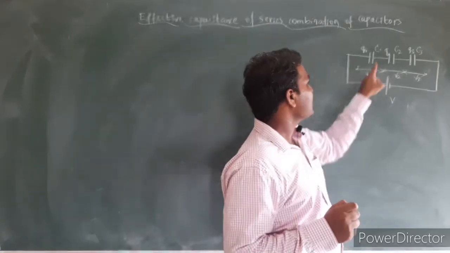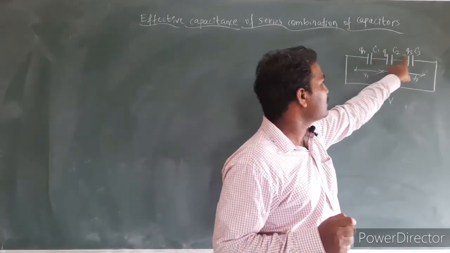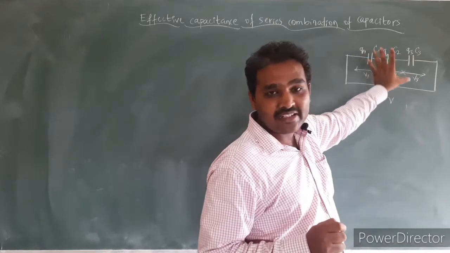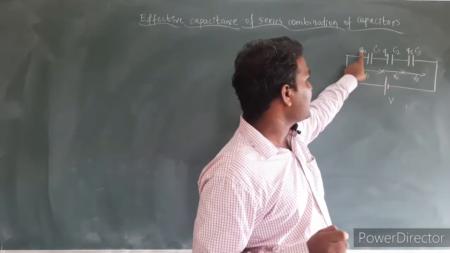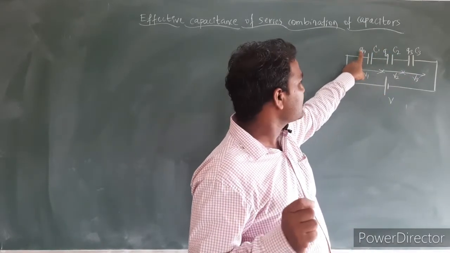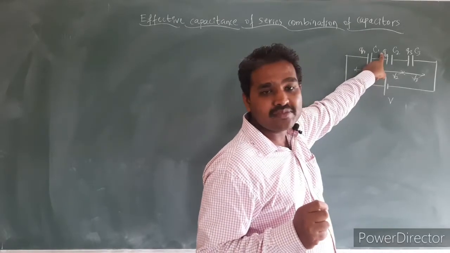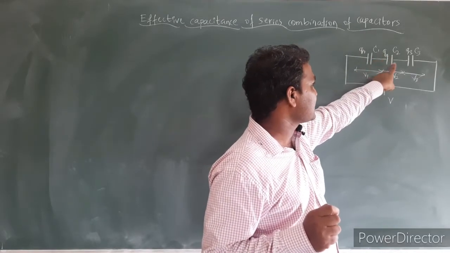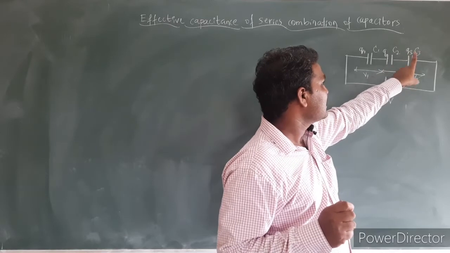Because of capacitances C1, C2 and C3, when they are connected to external voltage, let Q1 be the charge stored in the first capacitor, Q2 the magnitude of charge stored in the second capacitor, and Q3 is